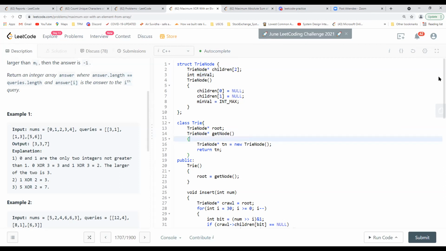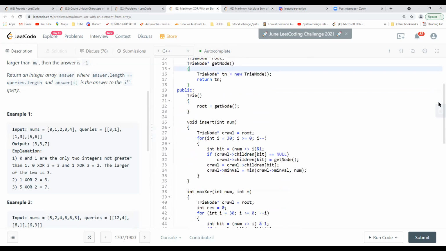Whenever you are inserting any number, if you go through this insert function, you start for each and every bit, and for every bit you try to find whether it is 0 or 1, based on the node you currently have. If it is not there, then you try to create it. When you're creating, you move to the next one. But before that, you save the minimum value, whatever is the minimum value of that number when you are traversing.